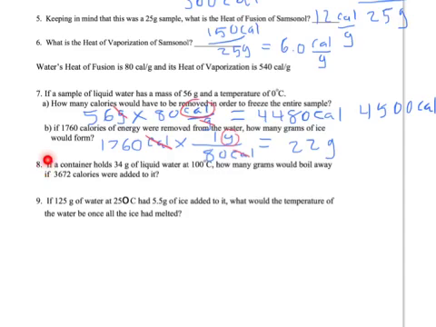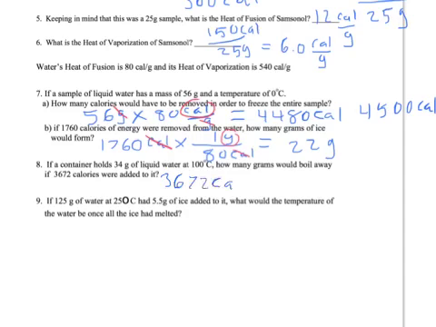All right, let's take a look at number 8. It's a little bit tricky. I'm told I have 34 grams of liquid water at the boiling point, and what I want is how many grams would boil away if this many calories were added. Well, it turns out it doesn't matter how many grams I have to begin with. Since it's already at the boiling point, any energy added to it is simply going to be used for the heat of vaporization. So for every 540 calories I add to it, 1 gram of water is going to boil away. So to do this, all I have to do is say